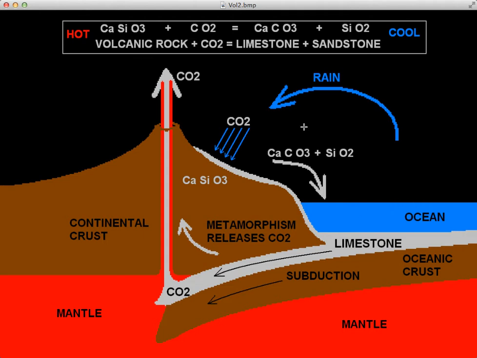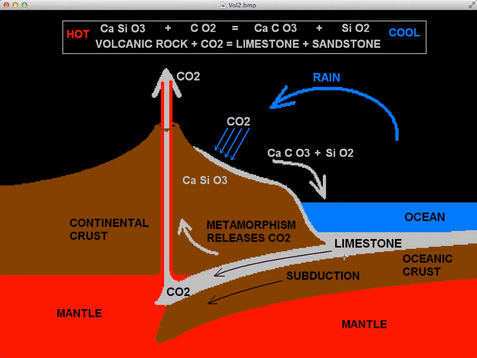I did forget to mention actually that this process here, when the carbonic acid reacts with the volcanic rock and turns into calcium carbonate and silicon dioxide, is called chemical weathering. Much of the calcium carbonate which goes into the oceans is actually used by ocean organic life to make shells, and eventually this life dies off and the shells sink to the bottom of the sea and they form